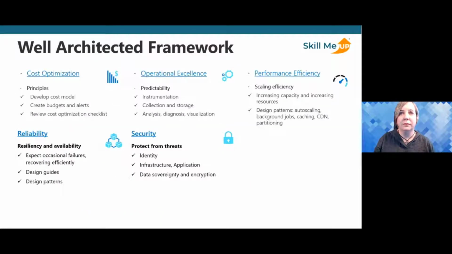And Shannon, I think you're going to go a little bit deeper into what each of these pillars addresses within the Well-Architected Framework. Correct. So when you think of these 5 pillars, there are a set of actions you can hope to achieve as an enterprise, right?